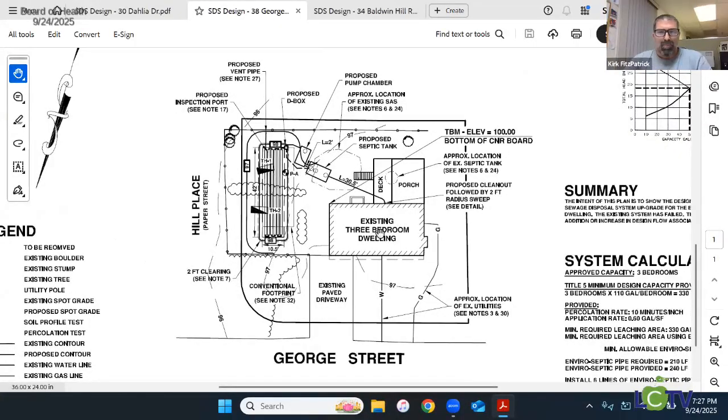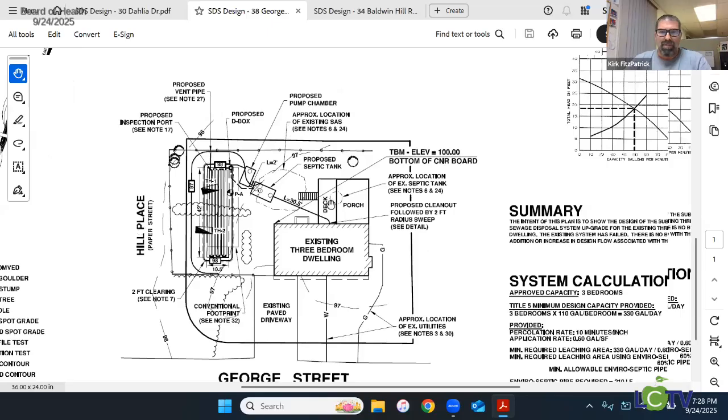So much like the last one, it's a proposed upgrade for the existing 3-bedroom house that's being sold. So it failed a Title V inspection. Right now, it's actually got a small tank underneath the porch behind the house, and they think there's some type of a leaching structure, a leaching field off the left rear corner of the house. So we went over to the left side of that, conducted 2 test holes, 1 and 2, and perk test A,